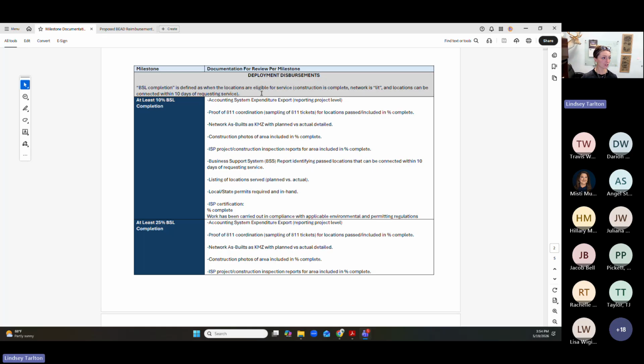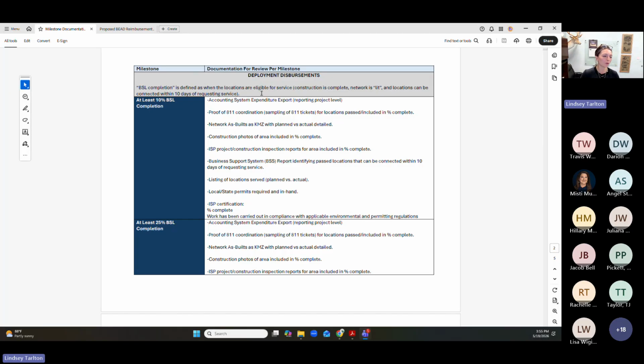Once you hit each of those percentages, these are the documents the engineers are going to need in order to substantiate that completion, including the expenditure report that I mentioned. The 811 coordination, we'll have on file from the NEPA, but we need to make sure the actual tickets are being put in so that all of that is in compliance.